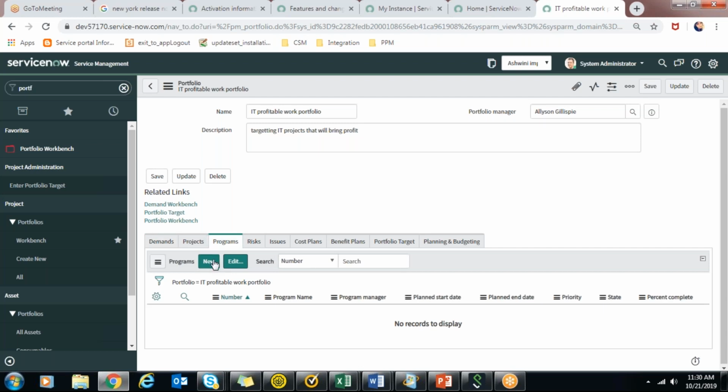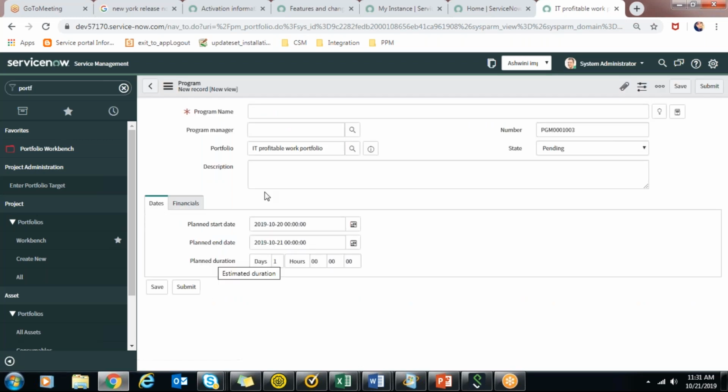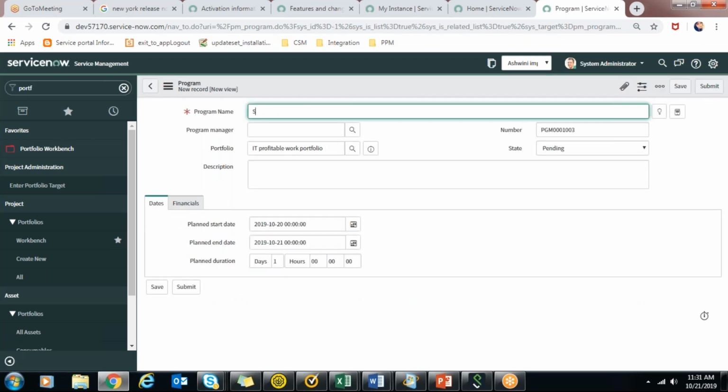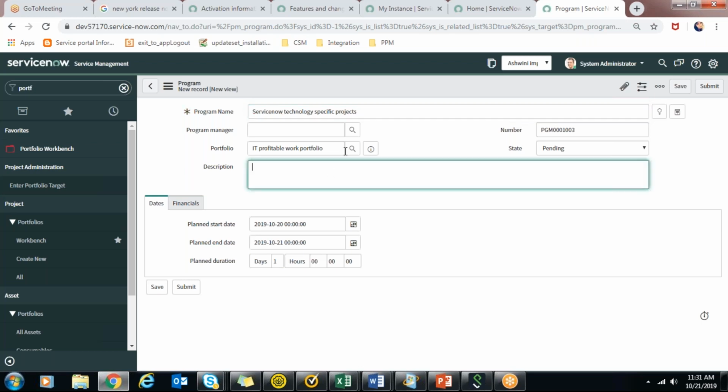Now I'll create a new program. ServiceNow technology.